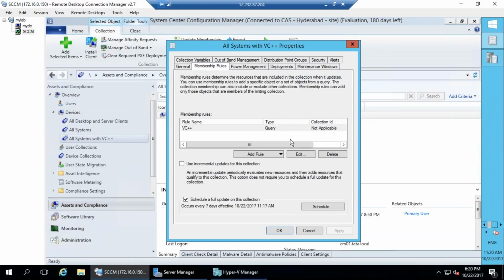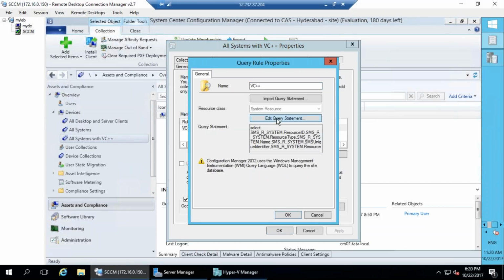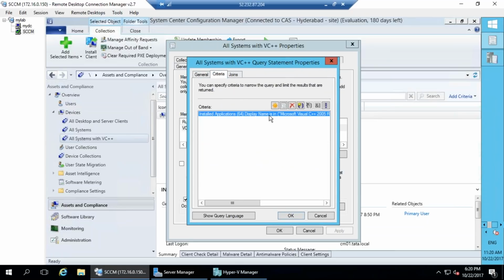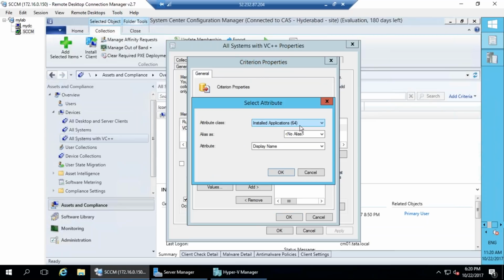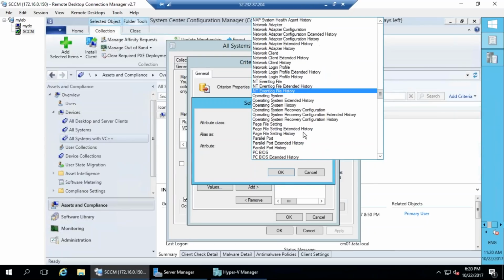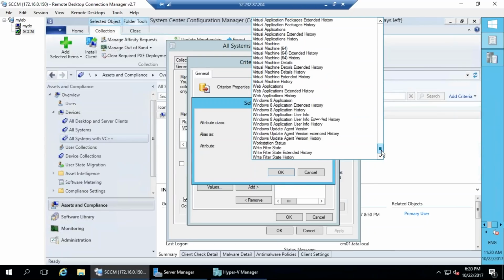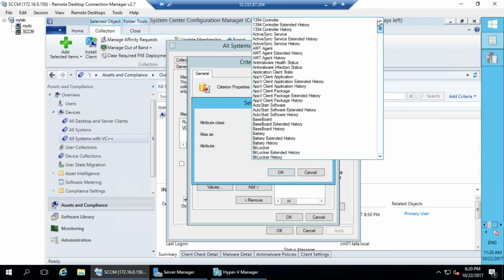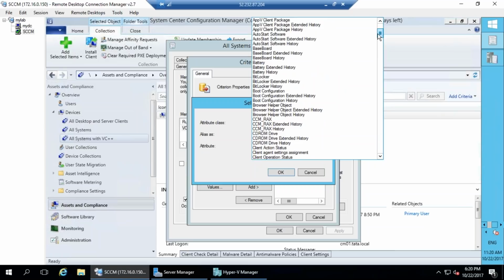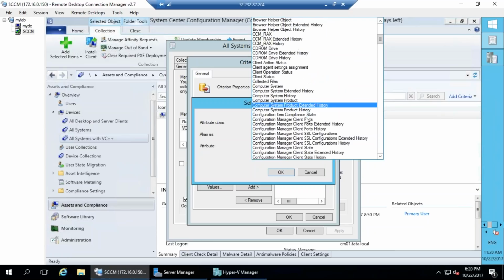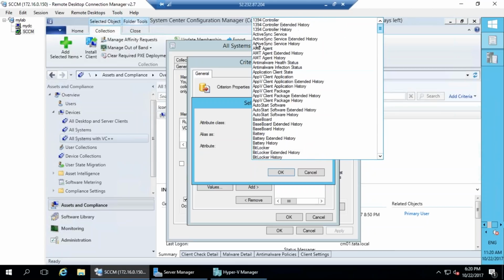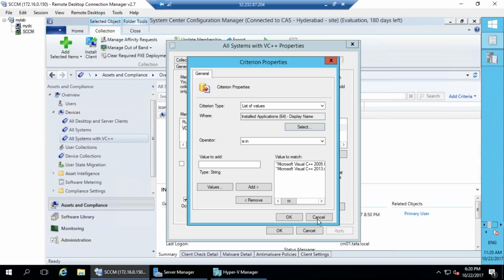But you might get a question actually. If I go to properties, query, and edit this query, how would I know what to be selected here? What is making me select the right way? There are many things to be selected and not selected. For example, in a machine there is a registry key. Do you think the registry key is listed here? I don't know. To get that exact information,